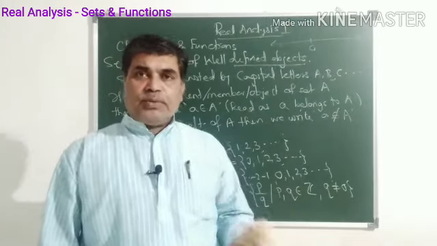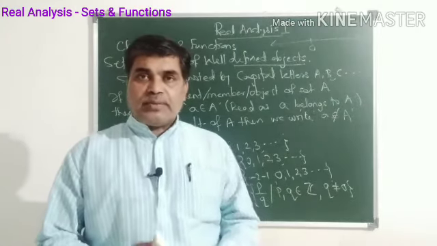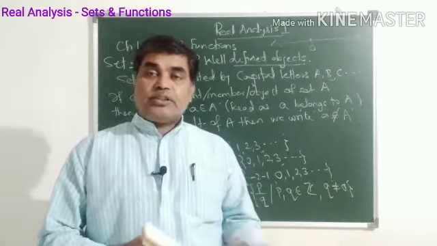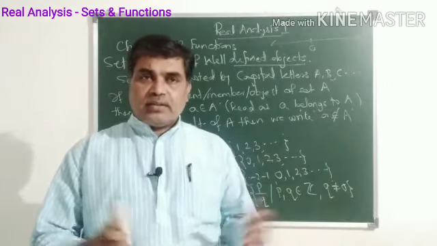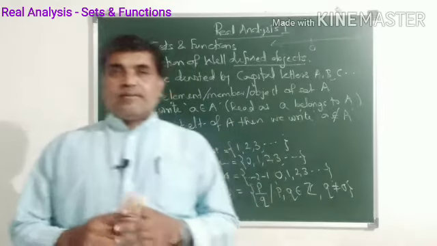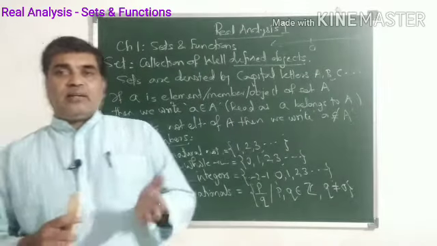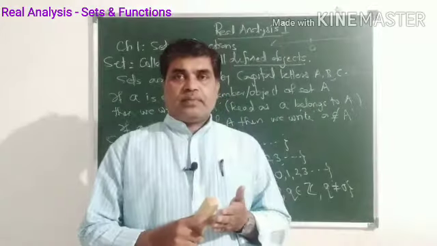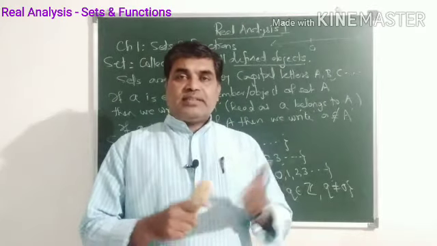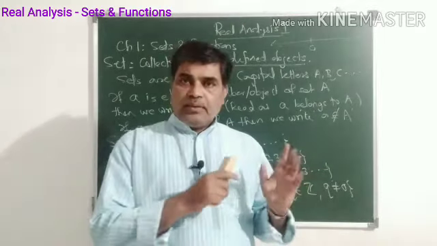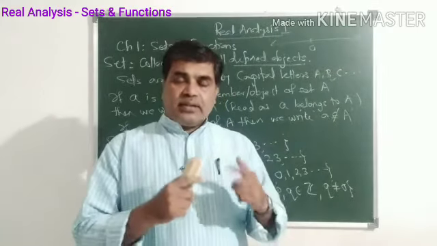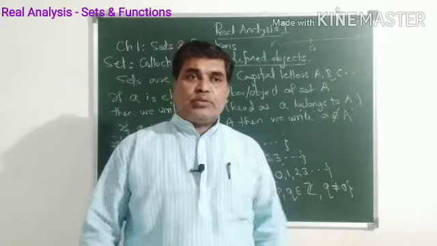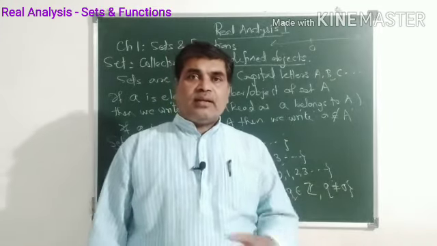We are going to prove that the set of irrational numbers is an uncountable set, while the set of rational numbers is countable. An infinite set is classified into two types: countable set and uncountable set. Sets are divided into finite sets and infinite sets. An infinite set is again divided into two classes: countable and uncountable sets.